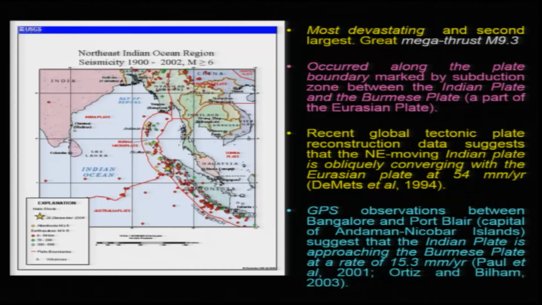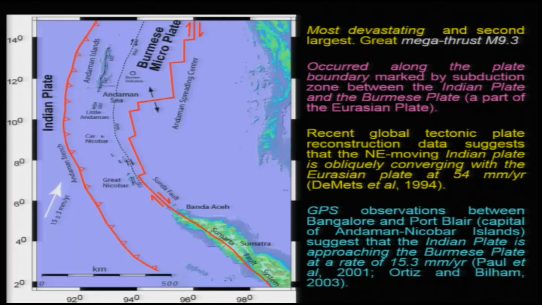Sumatra, you can call this the Sunda Trench or the Sumatra Andaman subduction zone. This is the location of the chain of islands of Andaman and Nicobar. This is the southernmost tip. I will show you the information we collected, moving from the south towards the north. Not only are we able to see the signature of land level change in terms of subsidence, but we also looked at the uplift experienced along the west coast of Andaman and the subsidence on the east coast of Andaman.